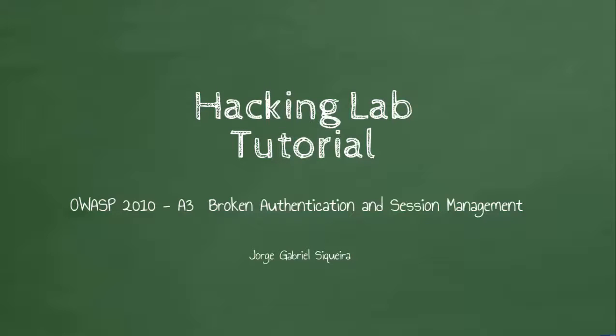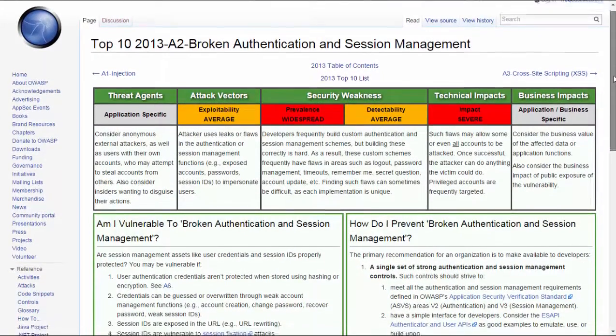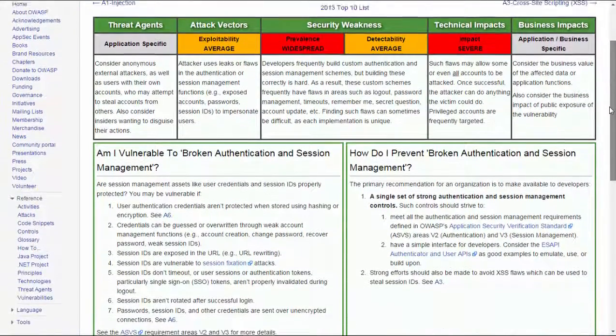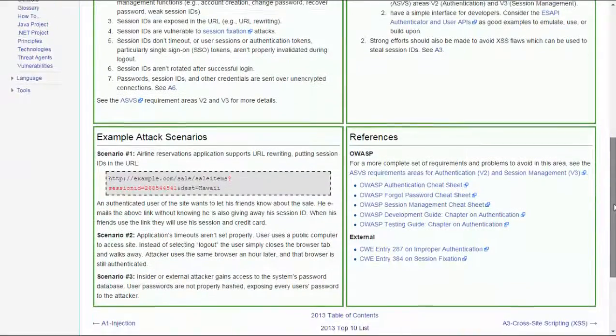Hello everybody! This video is about broken authentication and session management security vulnerabilities. Usually, developers implement their own authentication mechanisms, which can imply a lot of security issues. If an authentication mechanism is not implemented correctly, an attacker can compromise passwords, keys, or session tokens and often assume